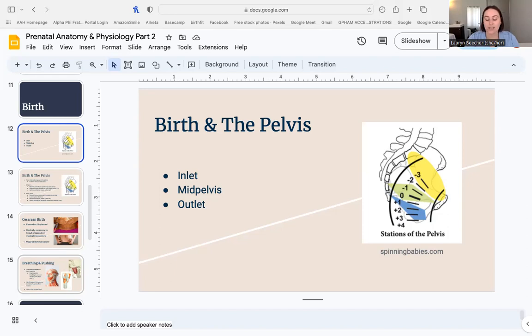Why I included this is so that some of our yoga postures that we use to open the top of the pelvis or the bottom of the pelvis can be helpful during labor. If the baby is stuck high in the pelvis and hasn't entered the inlet yet, maybe they're stuck on the pubic bone, maybe the pelvic floor is really tight, or the abdomen is very tense, what we want to do is find movements that help open the inlet first, that top part of the pelvis, so that the baby is able to clear the pubic bone and drop into the pelvis.